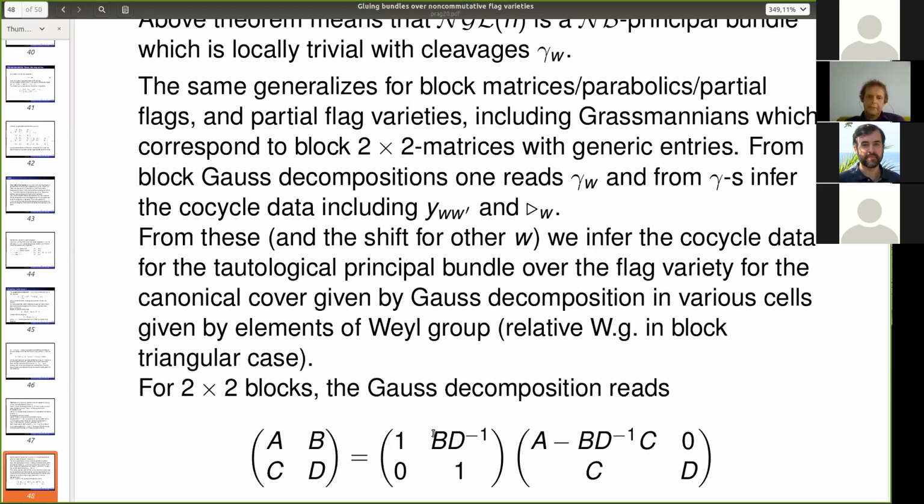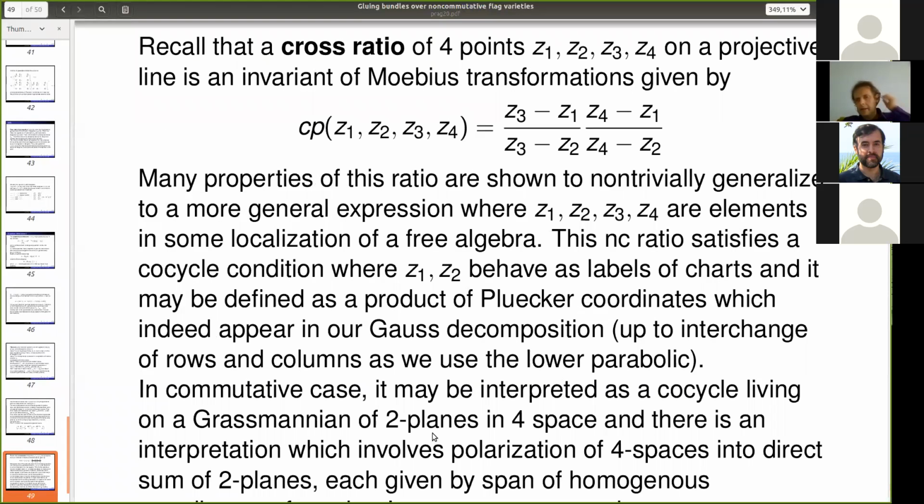And I wanted to shift this a little bit to get a non-commutative generalization of cross ratios obtained by Gelfand and Retakh, and studied recently in much more detail by Retakh, Sharygin, Volodya, Rubtsov, and so on. The usual cross ratio is an invariant of projective transformations. If you take 4 points, then this ratio doesn't depend on which homogeneous coordinates you take. And